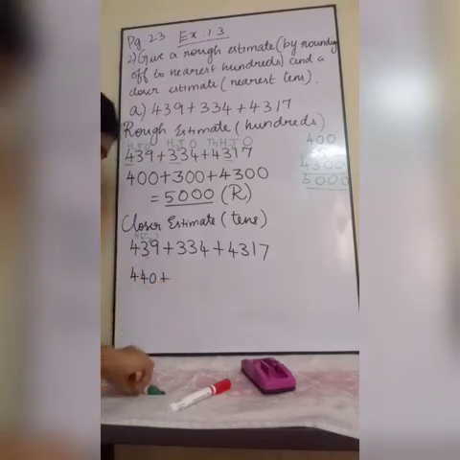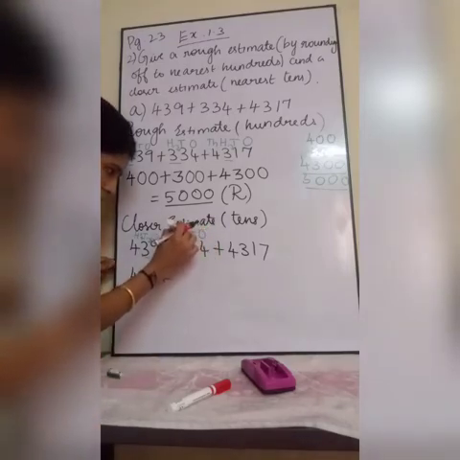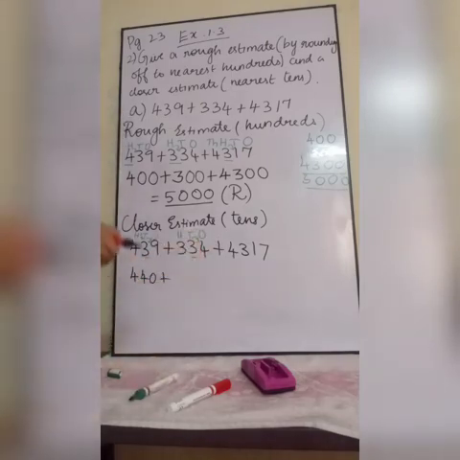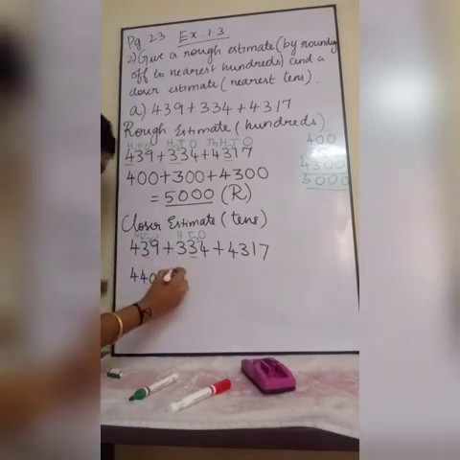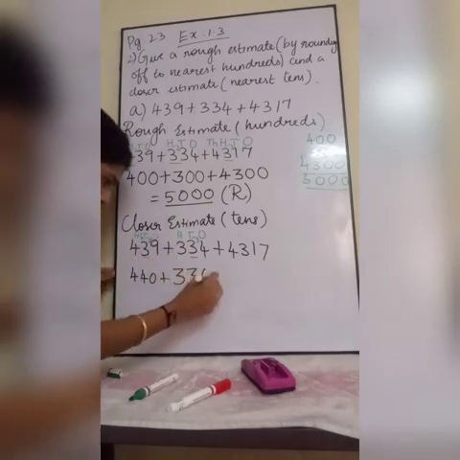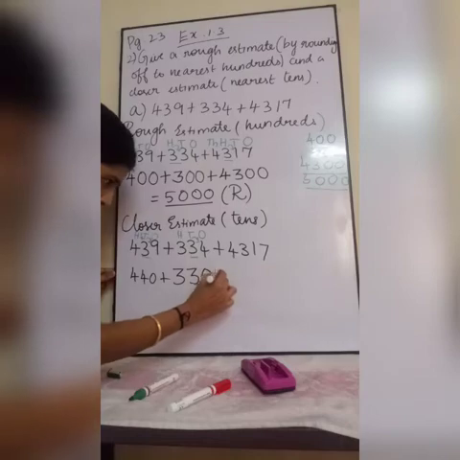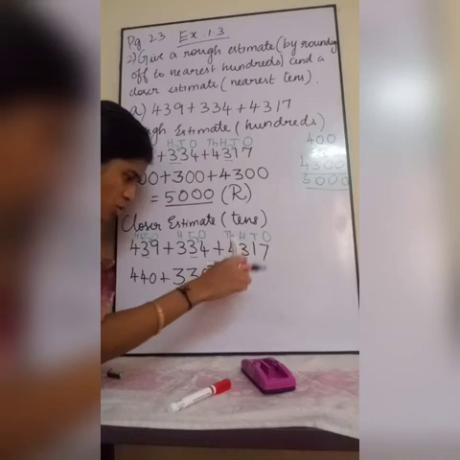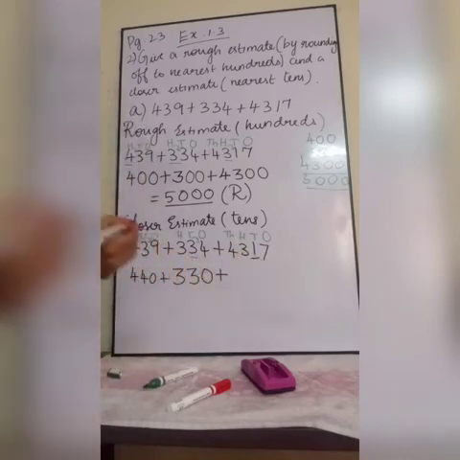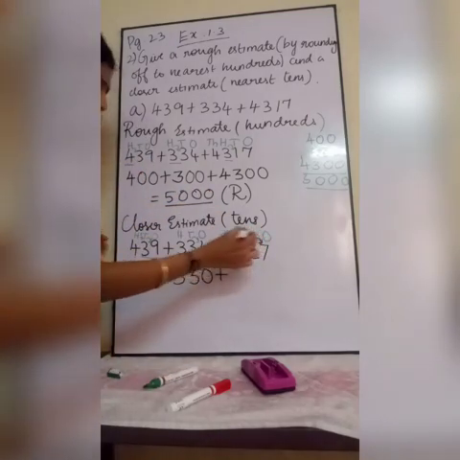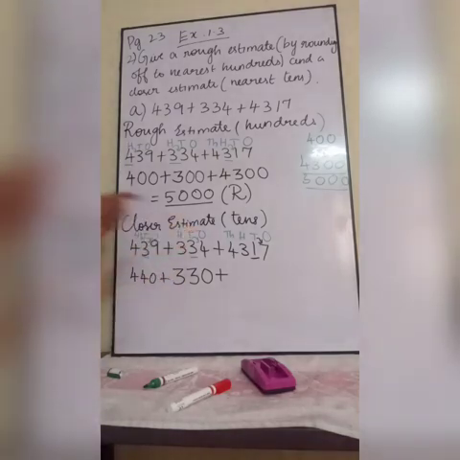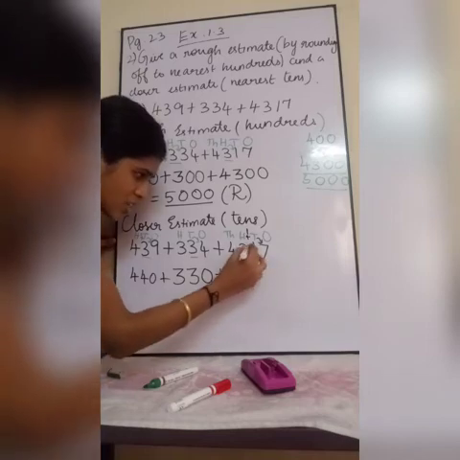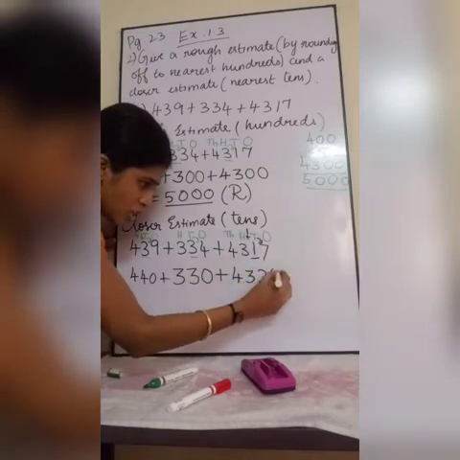Next step. I am going to round off this one: ones, tens, hundreds. I am going to round off the tens place, so I will check the ones place. The ones place is 4, so no change here. So 330, and 0 will come here. 3 as such. Plus: ones, tens, hundreds, thousands. Which place are you going to round off? The tens place. What will you see? The ones place. The ones place is 7, so you will add 1 to this 1. So 4 you write as such, 3 as such, 1 plus 1 is 2, 0.